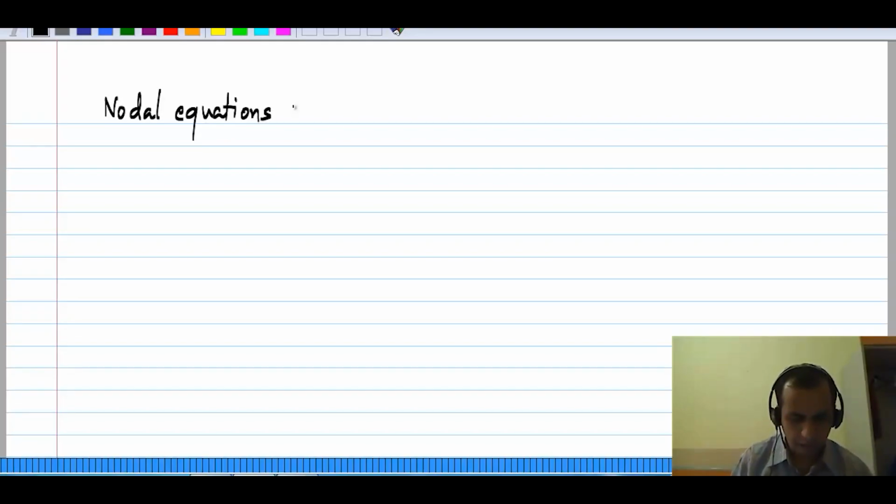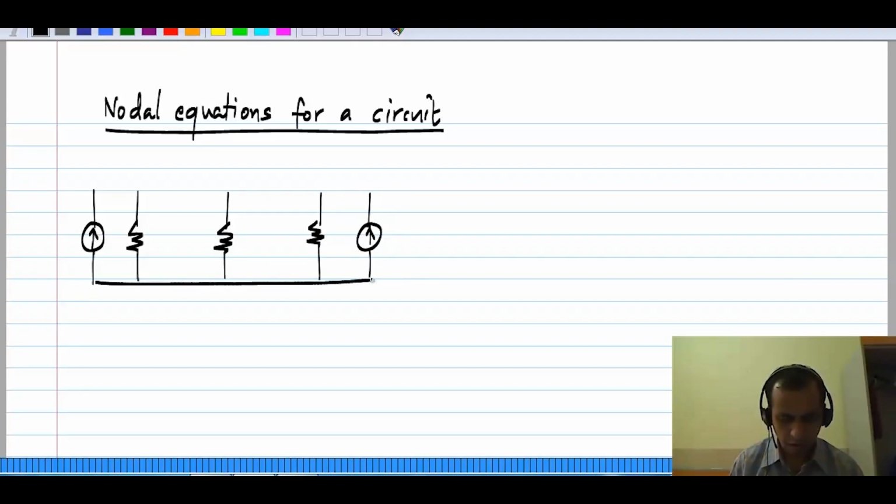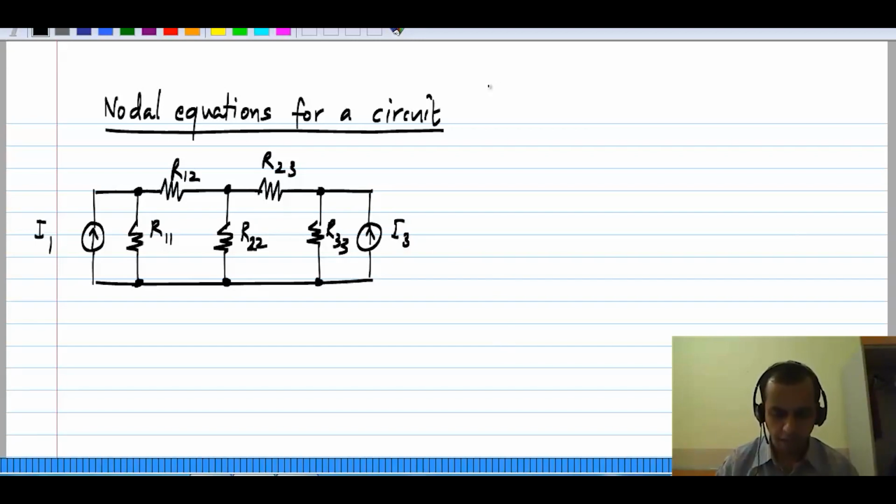So let's take the nodal equations for some circuit, and use the example which we have been using so far, which is a 3-node circuit with 2 current sources and 5 resistors. Okay, and we know the